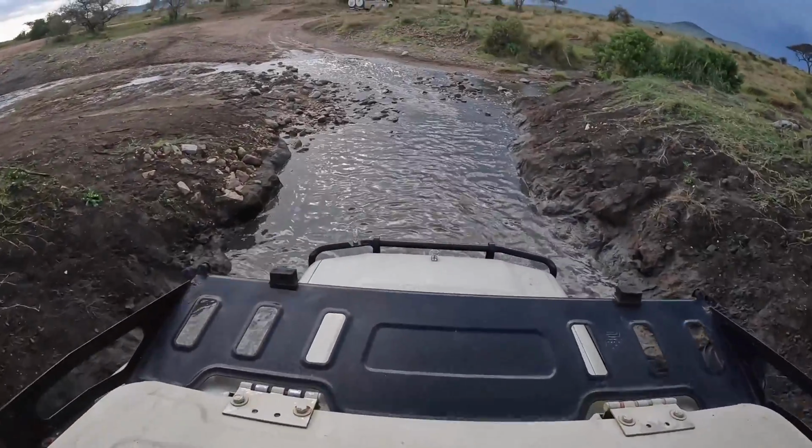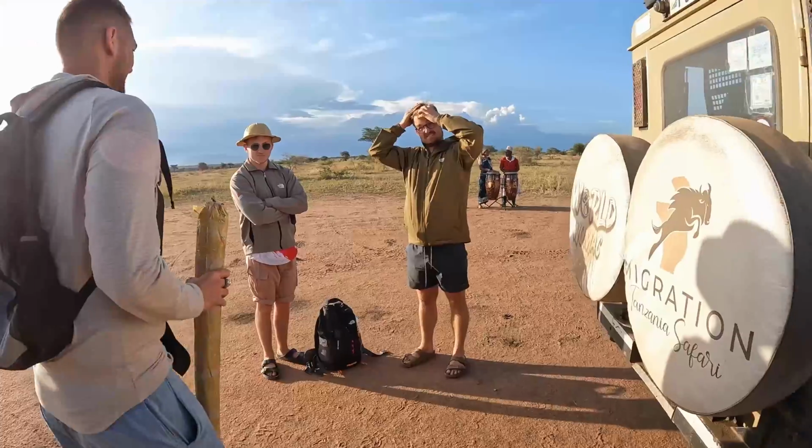But it's also a reminder you do not want to take a hike at night here in the Serengeti because you don't know what you're going to find at night. But let me tell you this, it's not going to be pretty and you're probably not going to end up in one piece. So we got to see them from far for a little while before we headed back over